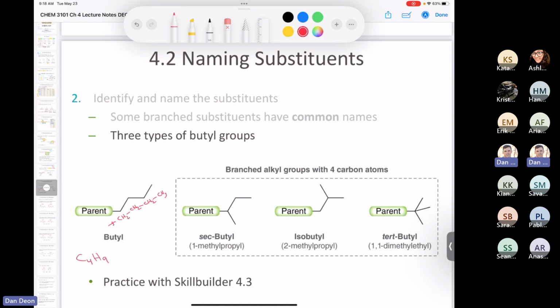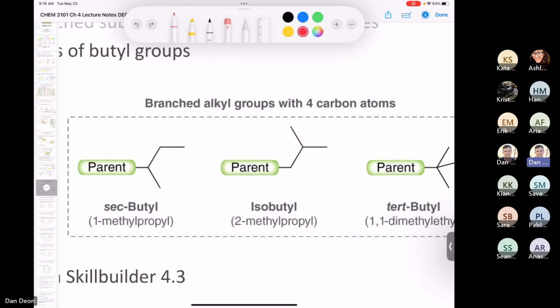Well, it turns out that there are 4 different ways to organize C4H9. All of these are C4H9 as well. Only thing I can tell you is you've got to memorize them. So we've got sec-butyl. With a sec-butyl, we have a methine, which is a CH, and a methyl attached to it. Then we have a methylene, a CH2, and a methyl. So that's sec-butyl. And the isobutyl, remember, ends up with 2 methyl groups on the end, like this.